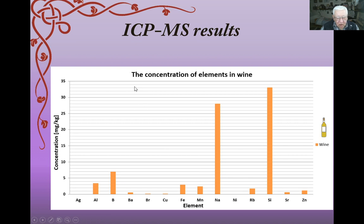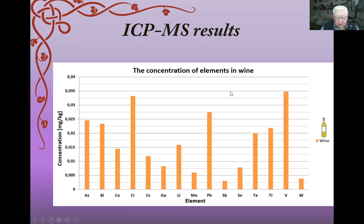And next, we may look at the concentration of elements in the wine. In Erdőbénye it's one site only, and we see that we have a small amount of barium, bromine, sodium is present, silica is present in this wine, and very small amount of beryllium is present, in slightly bigger amount. And next elements present in wine from Erdőbénye, we have another scale, not identical to before,